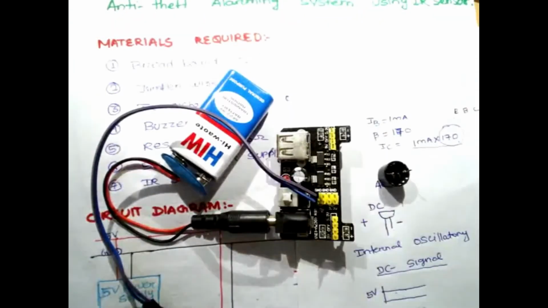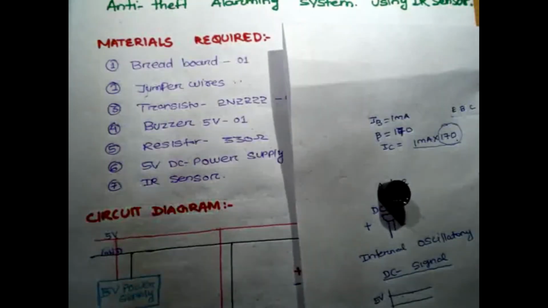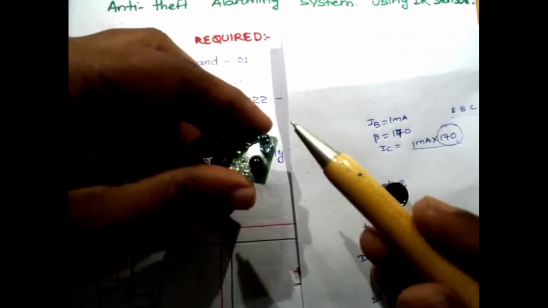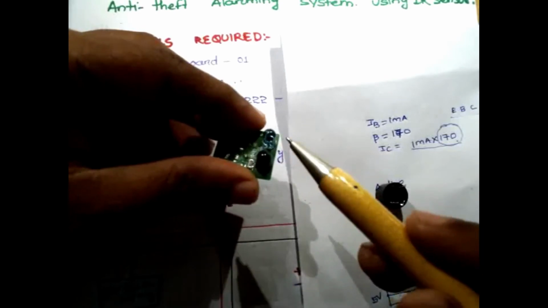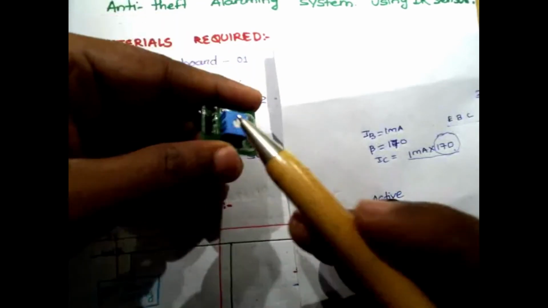Next component is the IR sensor. You can see next component is my IR sensor module. You can see this is a module, with 2 LED like structures. This is your IR diode and this is your photodiode. And how it functions I have already discussed in my previous demo. Let me have some brief recap.